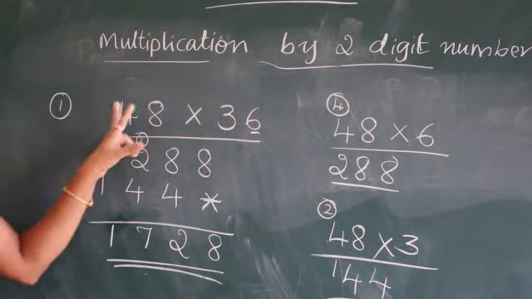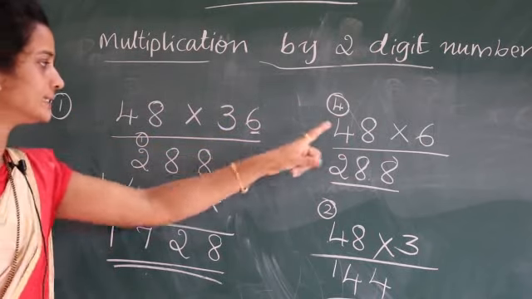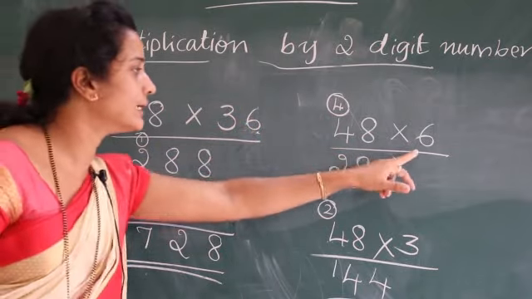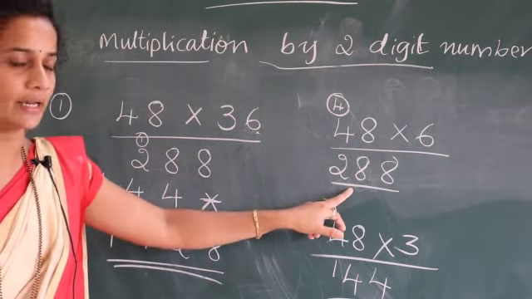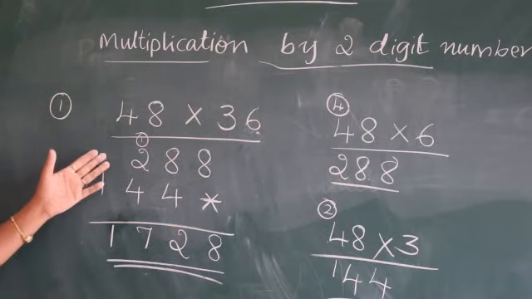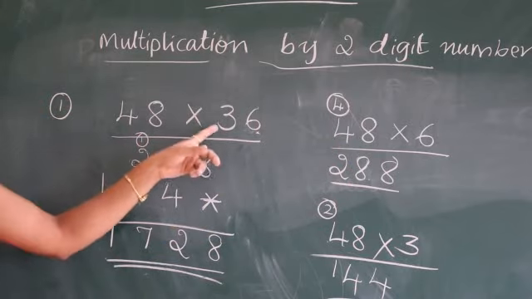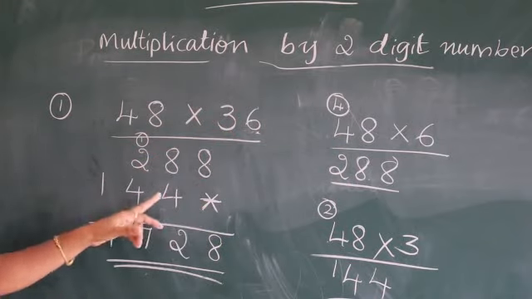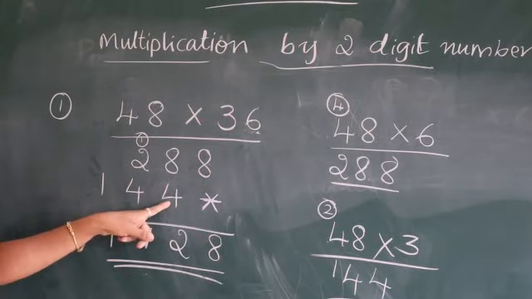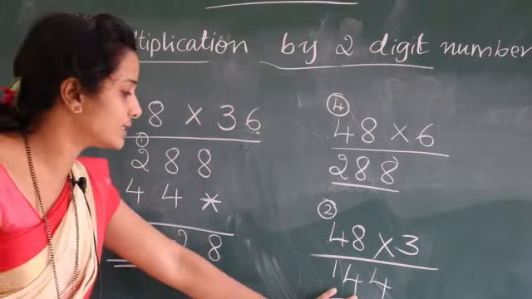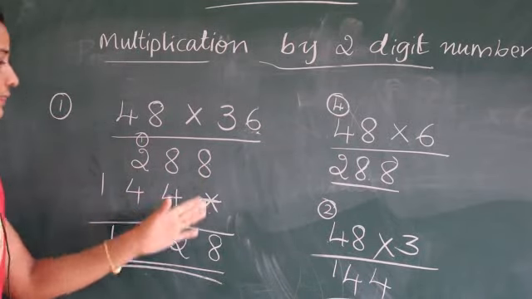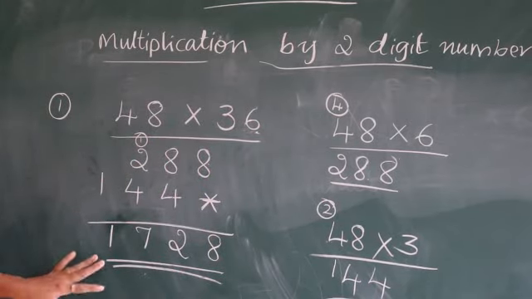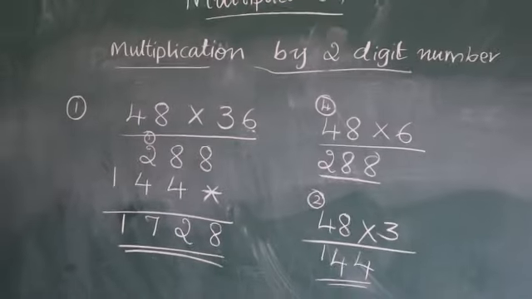So when you are going to multiply a 2-digit number by a 2-digit number, please follow these steps. First step, we have to write the multiplicand as it is. Next, multiply by the unit place of the multiplier, that is 6 here. When I multiply by 6, I got the answer 288. Then you have to write the answer here. Before multiplying by 3, the tens place, your answer must start writing below the tens place, not from the unit place. So whatever answer you got here, again write here, then find the sum, add these two terms, and you will get the final answer.